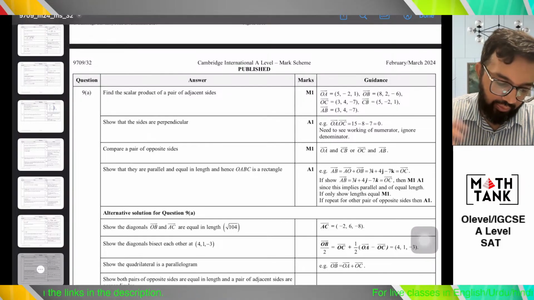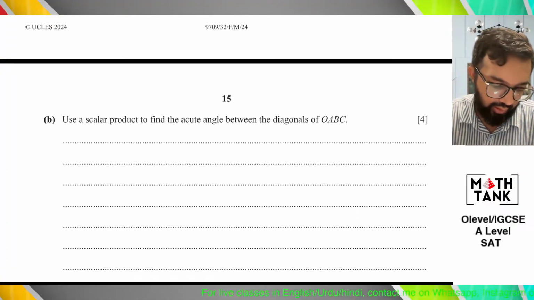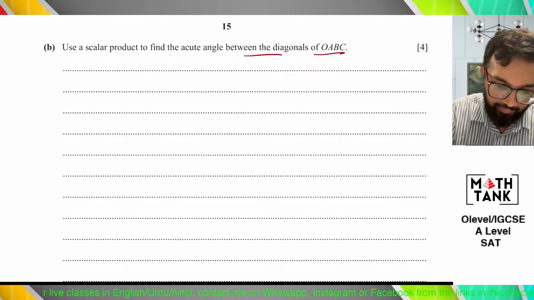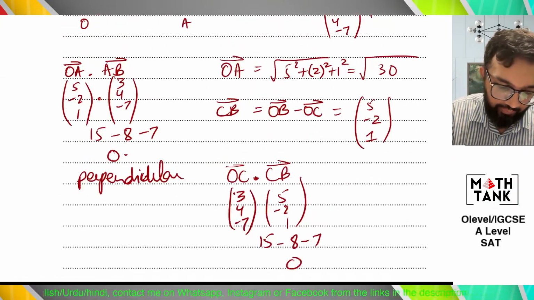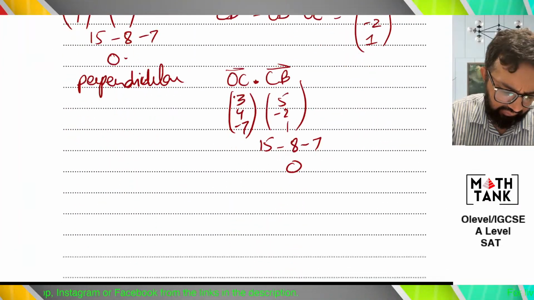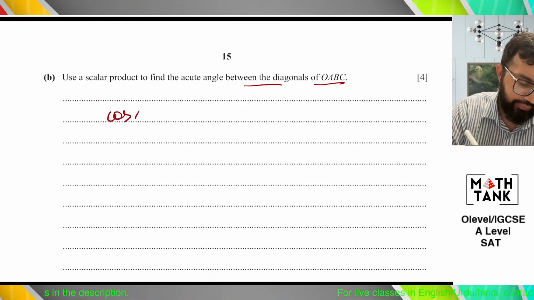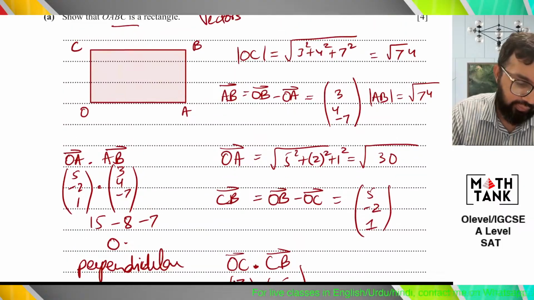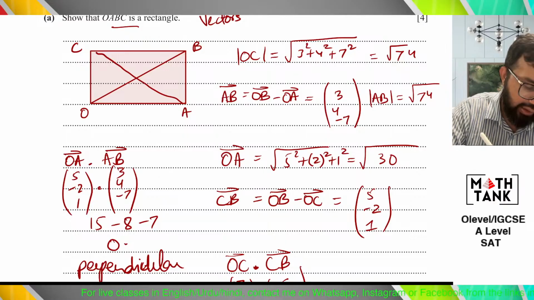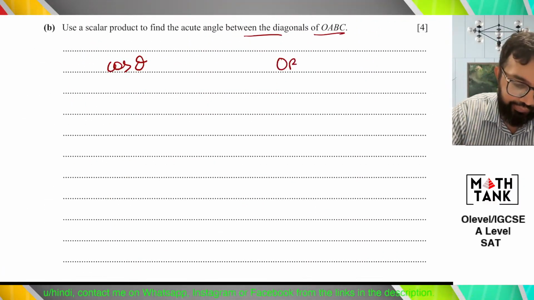Okay, perpendicular शो करना था, मैंने distances से शो कर दिया है। Should write that in words, you can write that later on। Use a scalar product to find the acute angles between the diagonals OA and BC। सही। Diagonals of OA and BC। So cos theta, इन दोनों की डायरेक्शंस निकालने पड़ेंगी। The diagonals will be OB and AC। तो डायरेक्शनल वेक्टर्स निकाल लेते हैं।